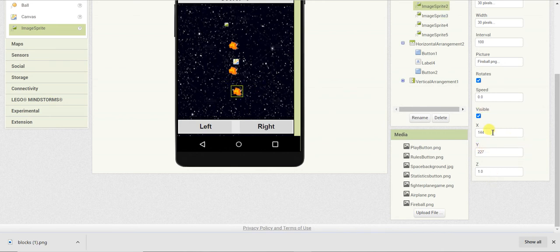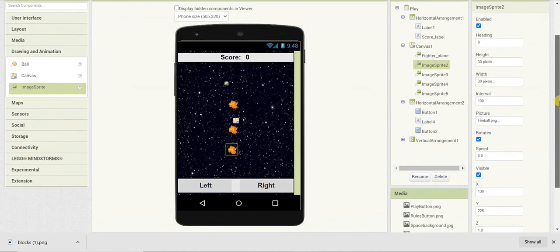And for the third one, I'll take the x position as 130 and the y position as 225. Fine.